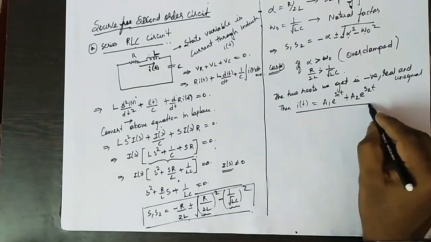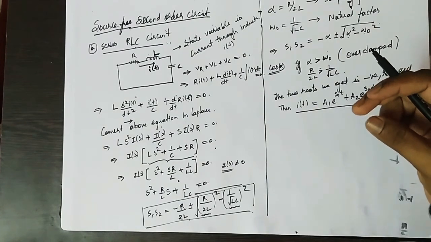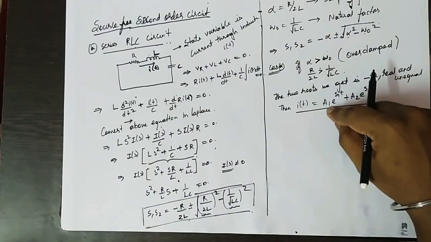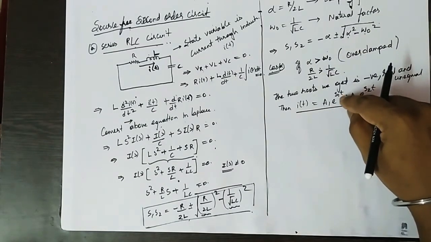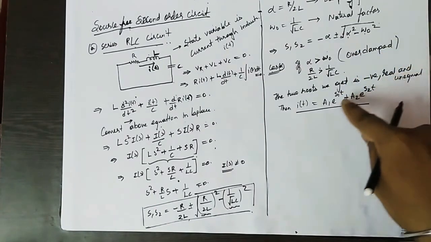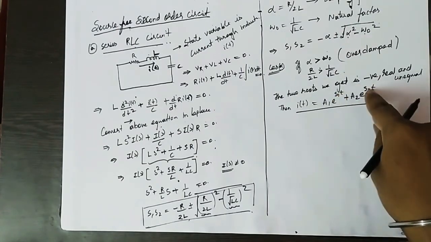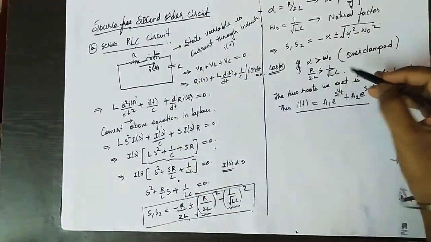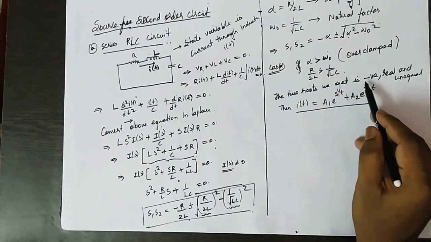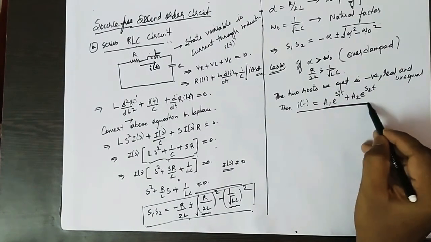So if you observe, for the RL circuit, the response we got was I of t equal to some I naught into e power minus t by tau, where tau is the time constant. Here we are getting two time constants, that is s1 and s2, based on the values of L and C only. That is, the roots depend on L and C only. If the roots are unequal, negative and real, you get a two time constant form.